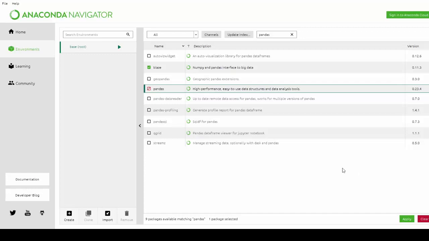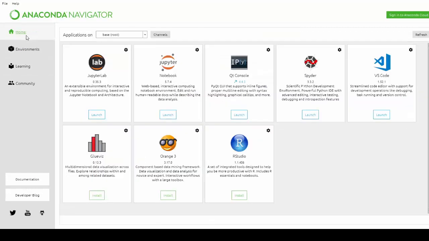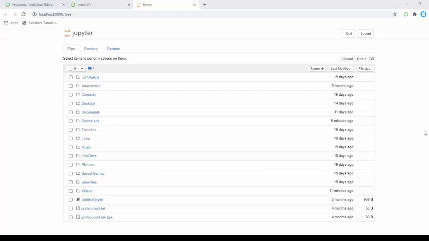After the installation I'm going to launch my Jupyter notebook. Previously I was doing our coding in Visual Studio Code, an IDE, but in most machine learning cases we're going to use the Jupyter notebook. It will take some time to open. The Jupyter notebook will open in the browser only. This is how my Jupyter notebook looks. We have some files, and we can import our files from documents, downloads, and desktop. We can run our files.